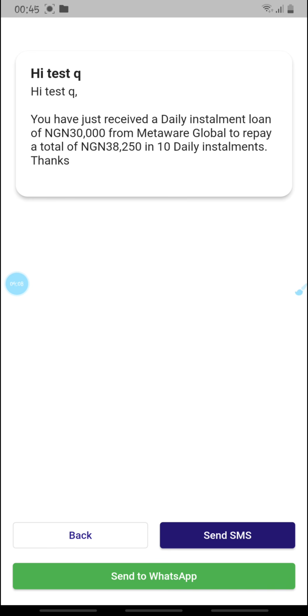And then you're saying you have just received a daily installment. If it's monthly, it will tell you monthly installment, and it will tell you from MetaWare. So this is why I said that company name is very important. You see the company name appears there, Meta Global. Then to repay a total, it tells you what you have to pay back, and then the installment type